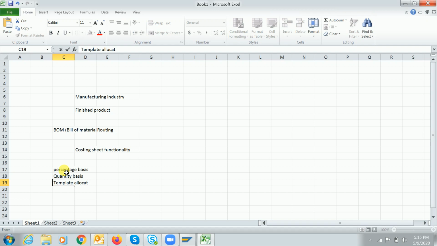Most of the organizations use percentage basis, and very rarely some organizations use quantity basis. Template allocation we use once in a million, guys. If I allocate on the basis of percentages, I am using 70% in the outside, 20%, and this one is not even 10%, but I'm just giving 10%.